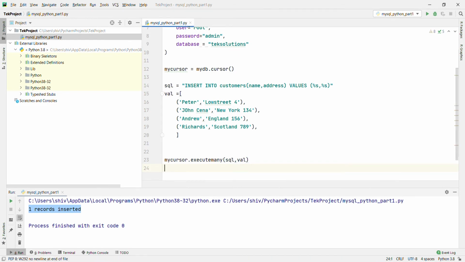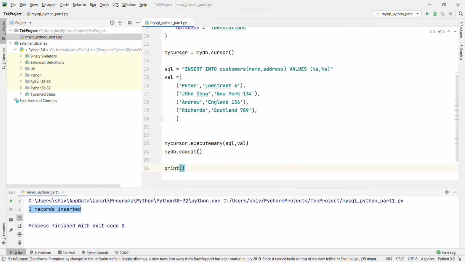Okay, now after that mydb.commit and print mycursor.rowcount, showing how many records we are inserting into the customers table, "was inserted." Now execute this one and see how many records are inserted. Four rows were inserted into the customers table.